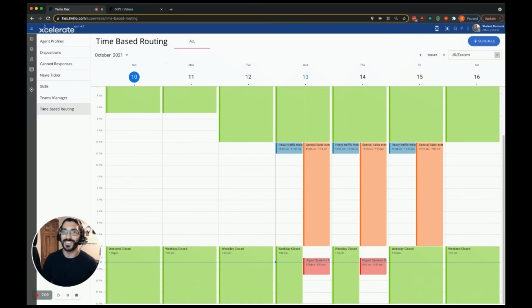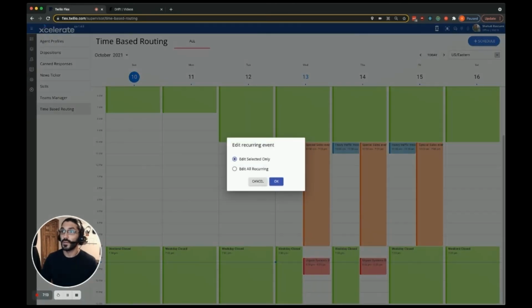And you may have recognized that voice. So here I can even jump in, modify the full recurrence. So again, you can select a specific event you'd like to change, so allowing you to affect pretty complex scheduling rather than just here is my entire configuration for my contact center. Here we can really dig deep into more complex scheduling.